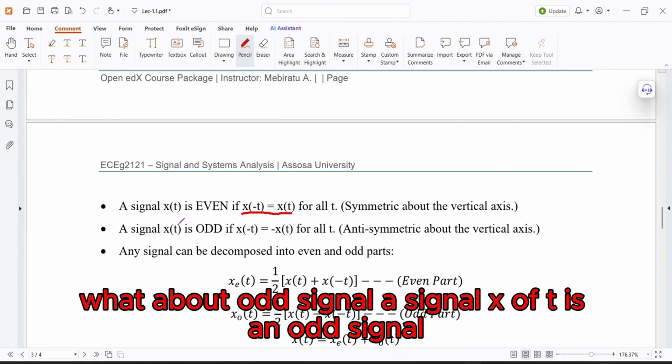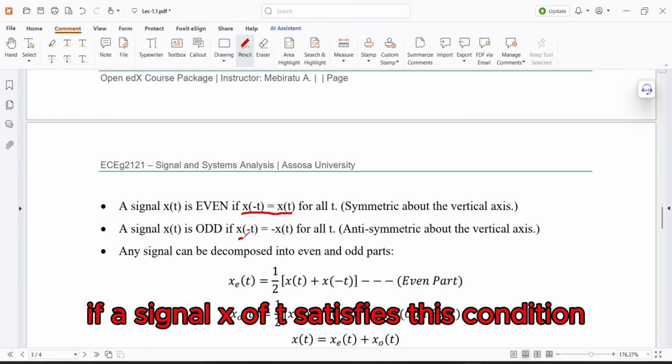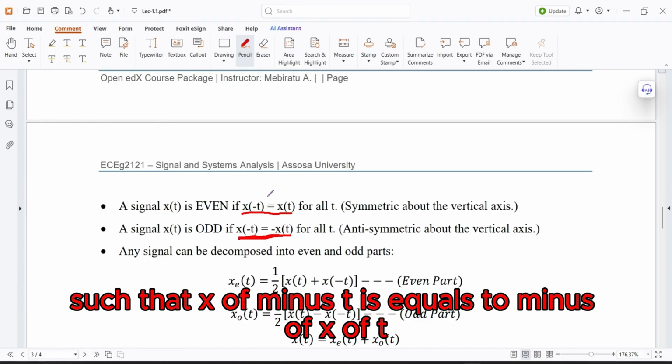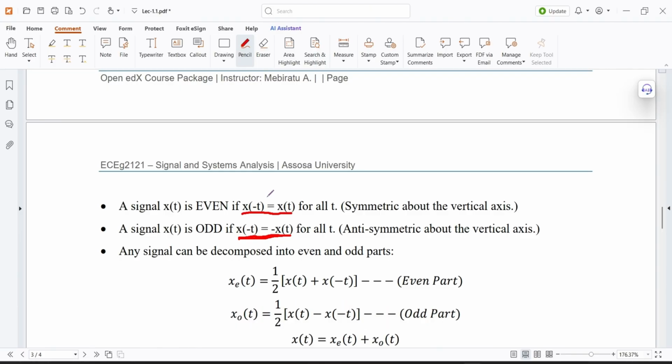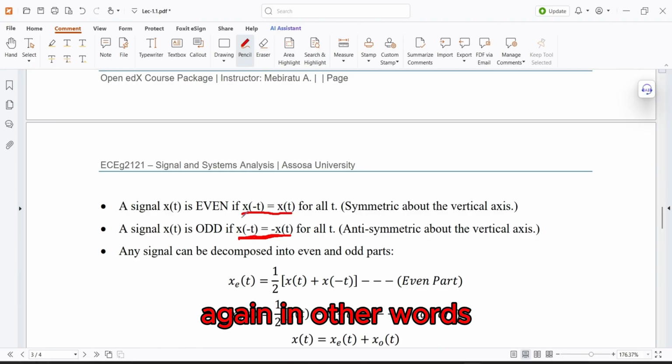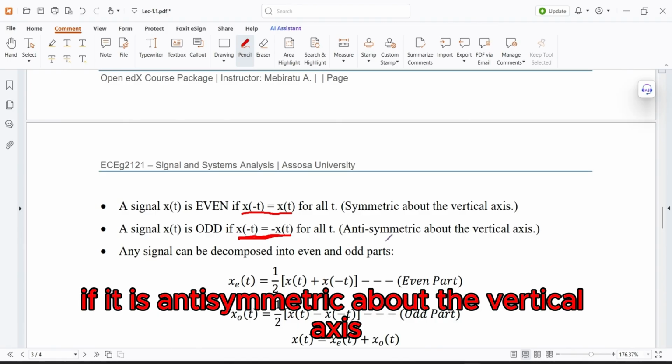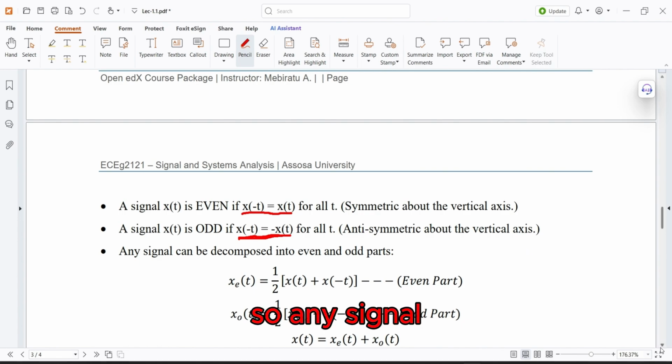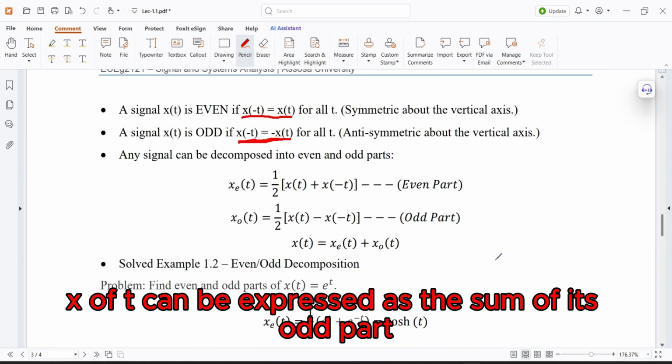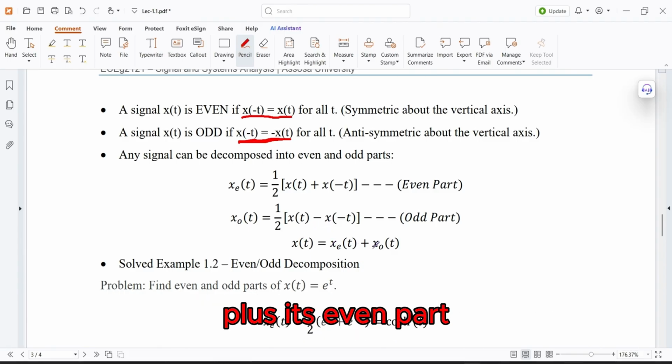What about odd signal? A signal x(t) is an odd signal if it satisfies this condition, such that x(-t) is equal to -x(t) for all values of t. In other words, a signal x(t) is an odd signal if it is antisymmetric about the vertical axis. So any signal x(t) can be expressed as the sum of its odd part plus its